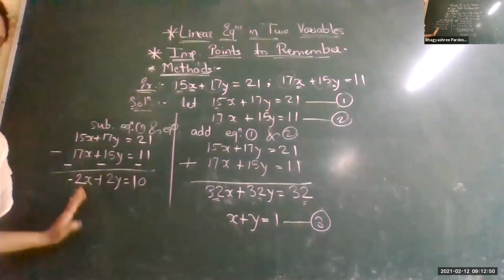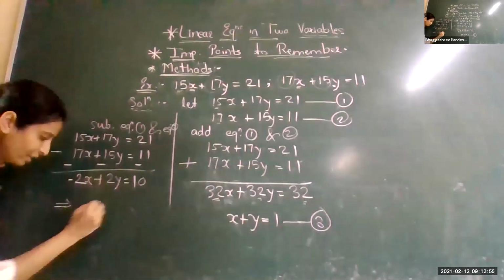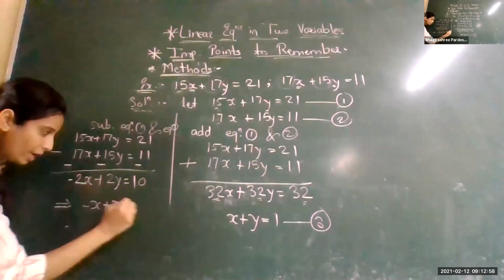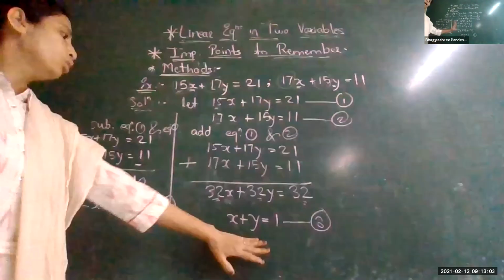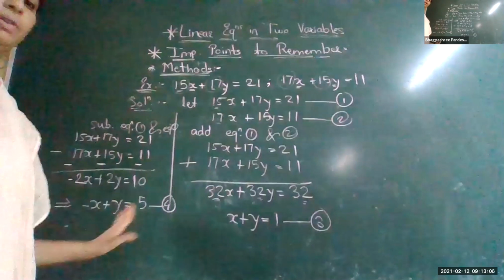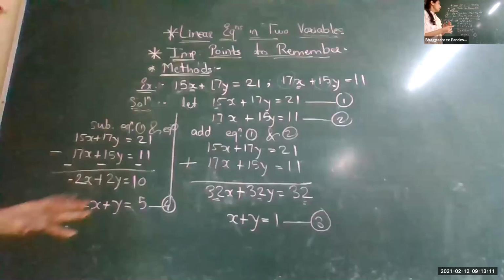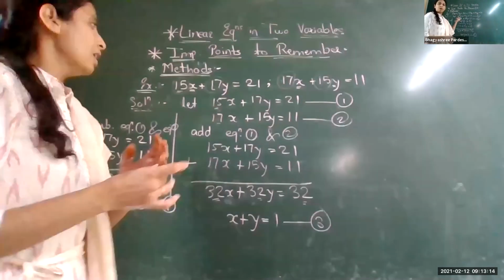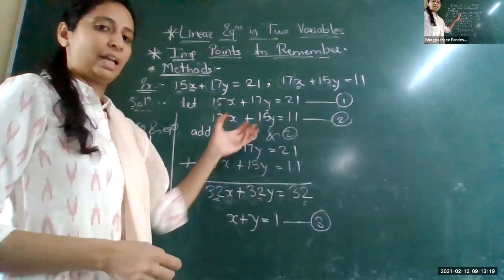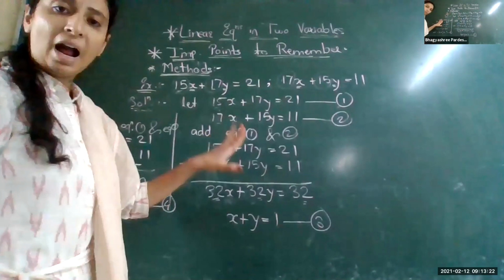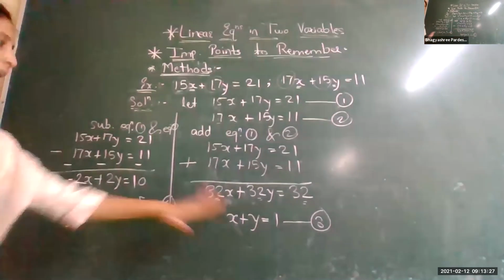Here, what have we done? Now just simplify this one. We can divide it by 2. So minus x plus y is equal to 5. Now this is your next equation. So now we have got two simplified equations. Now solve these simplified equations with your regular method to get the values of x and y. I am repeating one more time, students. If you have the same numbers but their variables are exchanged, then simply add the two equations and subtract the two equations. Then you will get two simplified equations and then solve them.